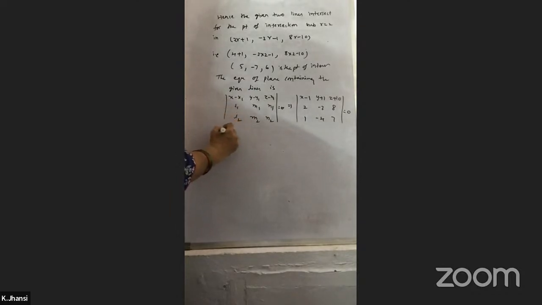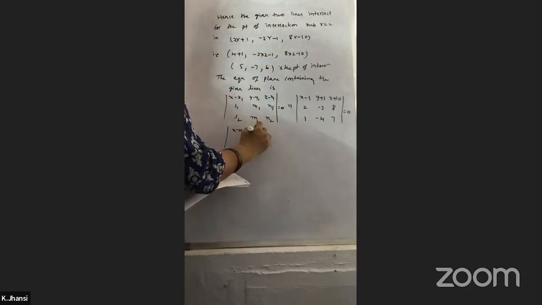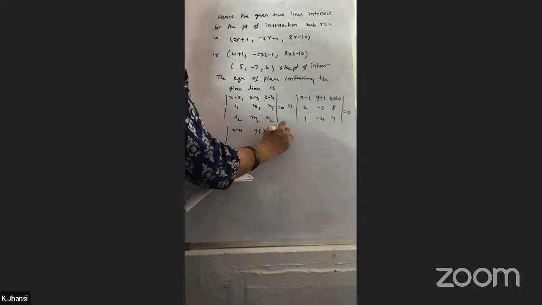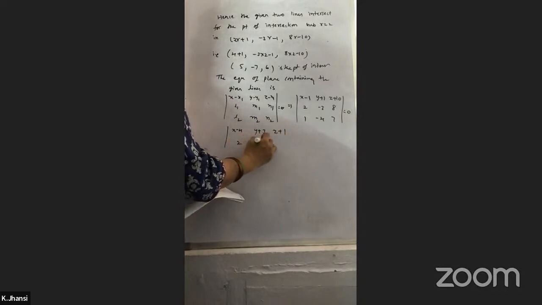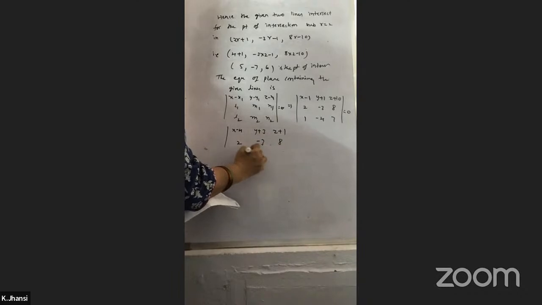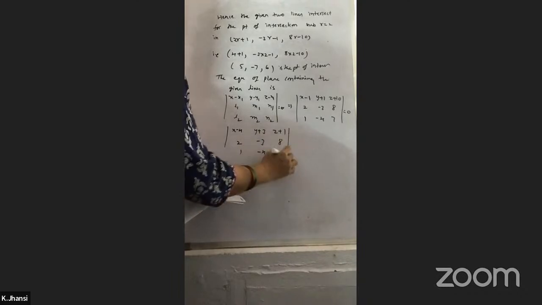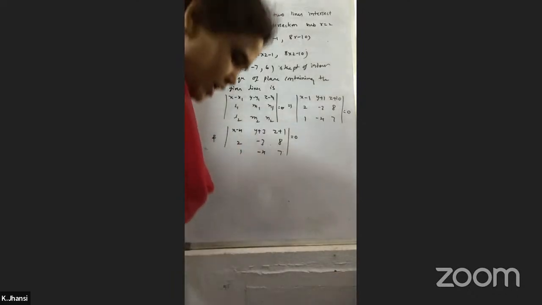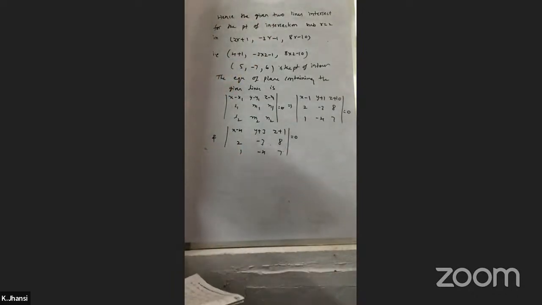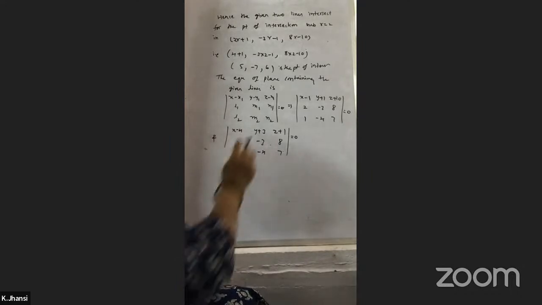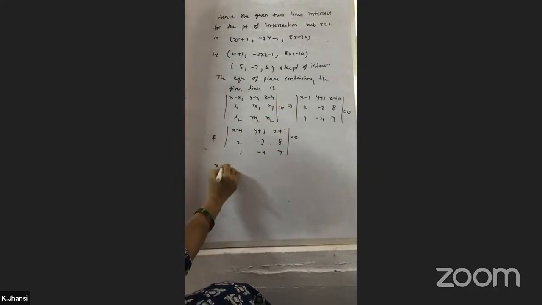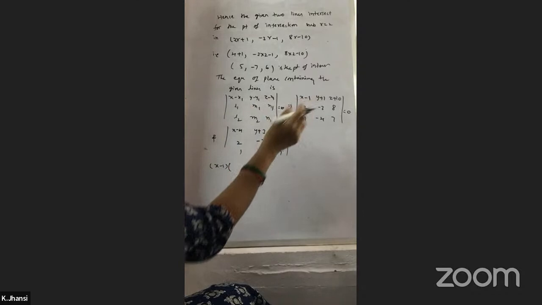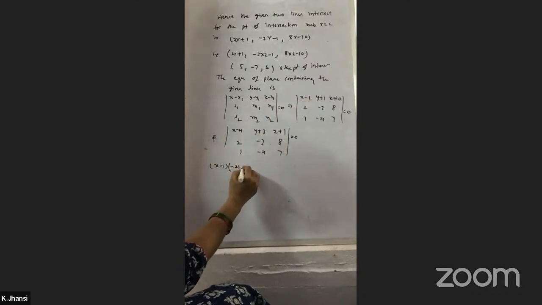Okay. So one more means, what is that? X minus 4, y plus 3, z plus 1, 2 minus 3, 8, 1 minus 4, 7. So these two are the equations of the plane containing them. If you do the cross multiplication of the first one, you will get that is x minus 1 into 7 3 is 21 plus